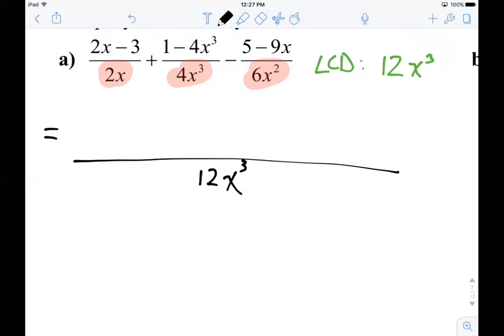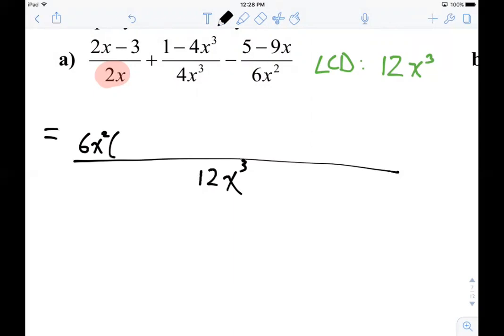So we have to ask ourselves, as we go through this one by one, first, if we think about the 2x that we have as the denominator of our first piece, what would we have to multiply that by to get 12x cubed? And whatever that thing is that we multiply it by, we'll multiply the top by that as well. Well, if we take 2x and multiply it by 6x squared, that's what would turn it into 12x cubed, which means that's what's happened to the denominator, and so that's why I'm doing it to the numerator as well,